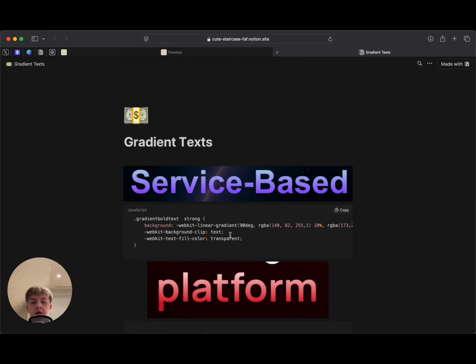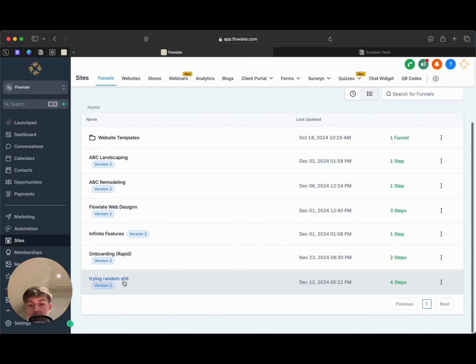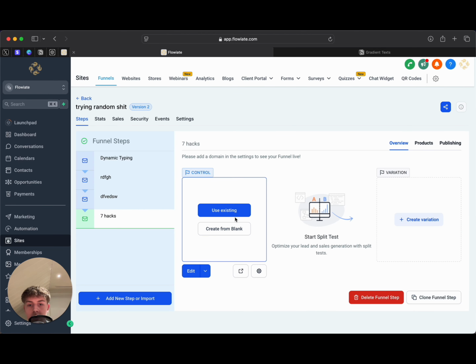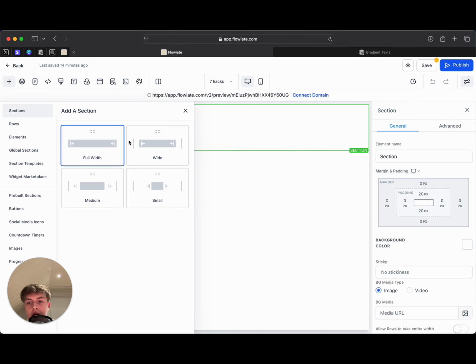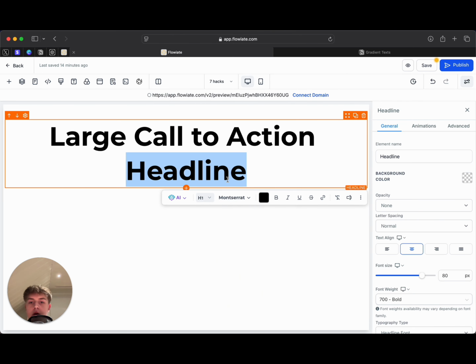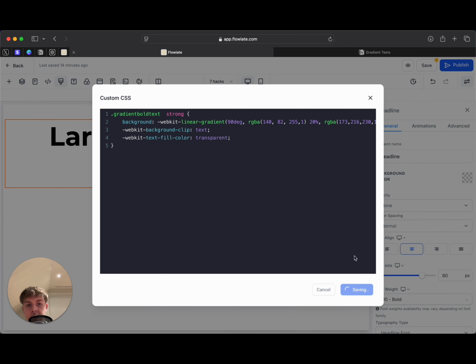So what you're gonna need to do is just copy this code, go back to your HighLevel. I'm just gonna do some random funnel, and let's just quickly do a little headline, and let's say I want to highlight this word right here. So what you're gonna need to do is make this bold. Make the word that you want to highlight bold, and then go back to custom CSS, copy that code,